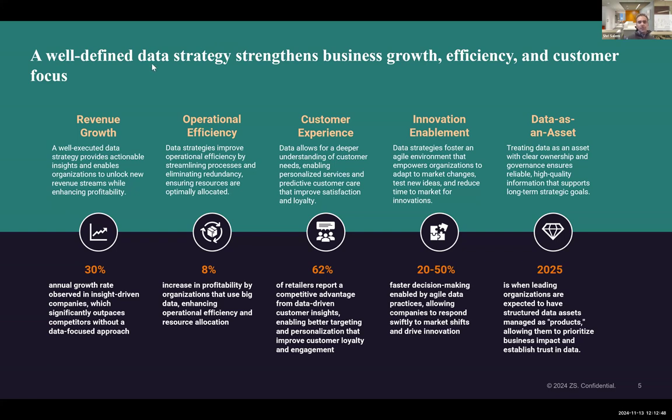Okay, all right, so let's continue in terms of what is truly the value of data strategy. In the last 15 years or so, when data strategy has been a prevalent topic of discussion, if you think about it, initially, data strategy was all about creating a reliable data infrastructure.